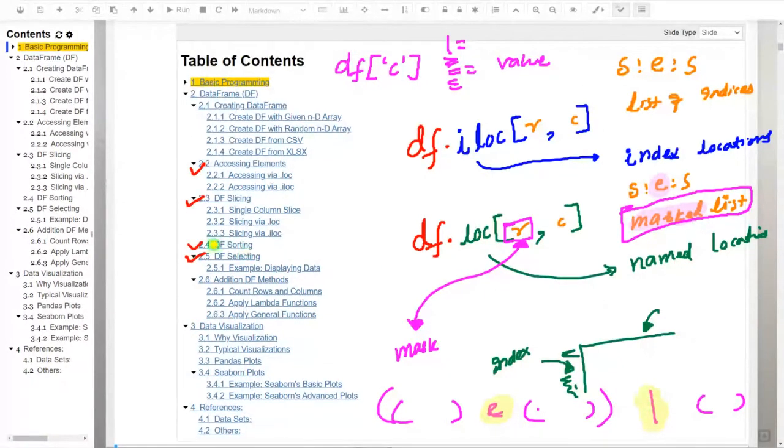And then finally, we have also seen data frame sorting. Sorting is also possible to be done based on the values in a column, or based on the index. Sorting can also be done. It can be done based on the values, based on the index. In the slides, we are looking at the values, but maybe later on we'll also see how to sort based on the index. When you have to sort based on the values, you could have a single column, or you could have multiple columns. And how do you sort that? This is a method, data frame dot